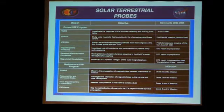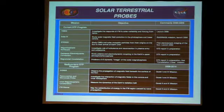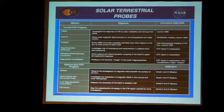You'll see that the missions before it, NASA has managed to build and launch. TIMED, of course, is still in operation. Solar-B, now known as Hinode. STEREO is in operation, and now we're launching Magnetospheric Multiscale. You'll see the next missions are something that we're not seeing in development at this point. There are new